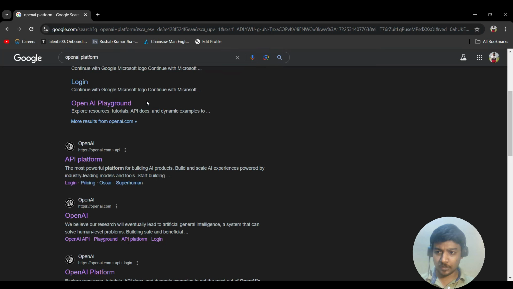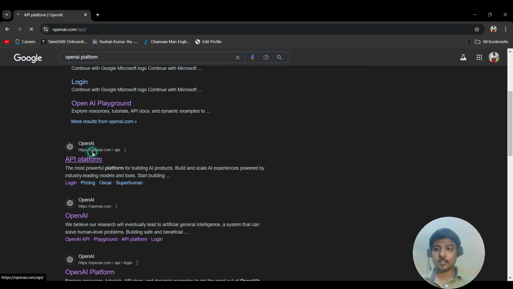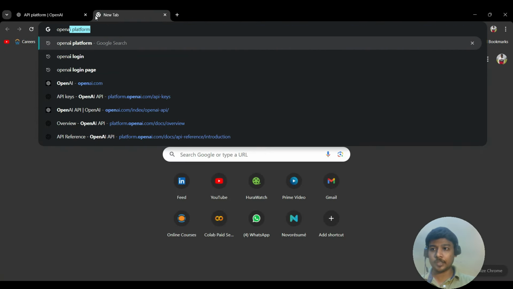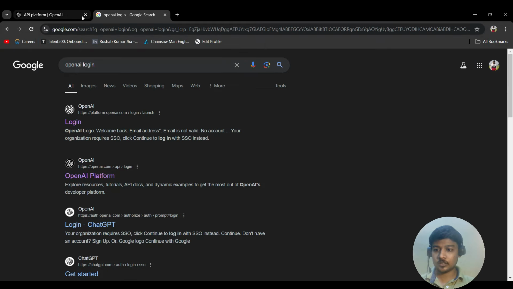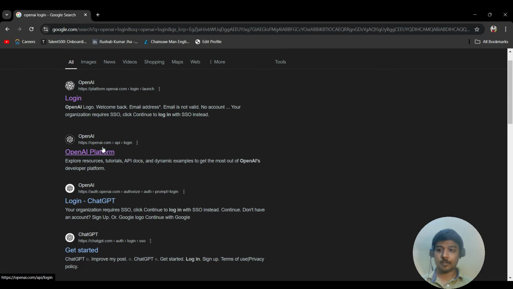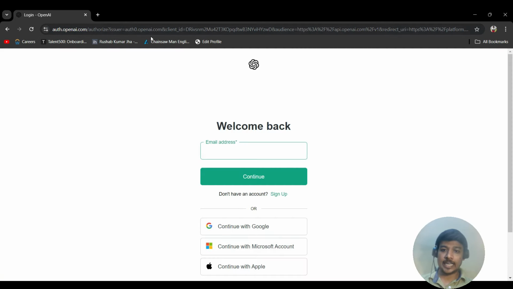I think it will show me. Yeah, the API platform. Just click on this link. Okay, I am facing some issue. OpenAI login. Let's write this one. Probably it will give us the right result. Yeah, OpenAI platform. See, just click over here. I'll paste the link in the description as well, so it will be easy for you.